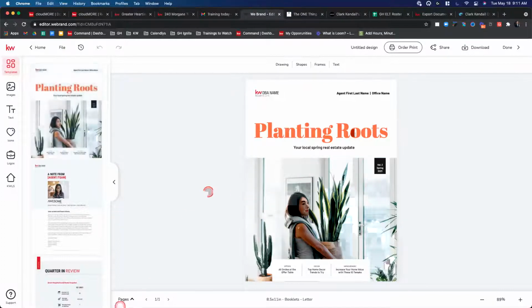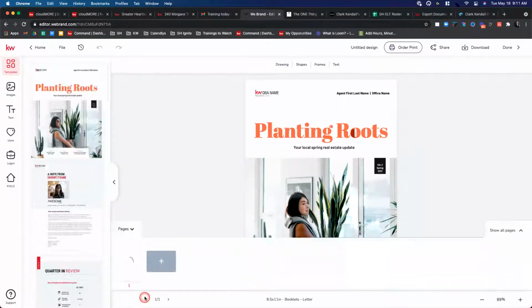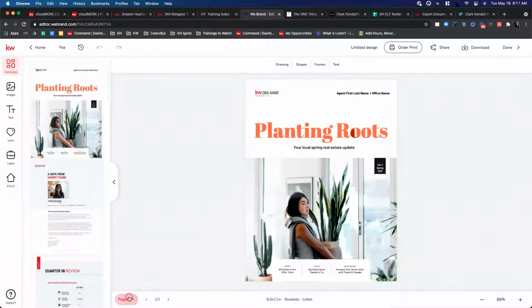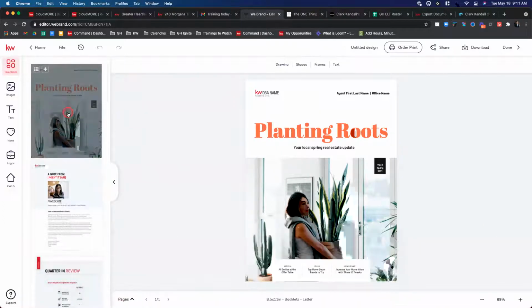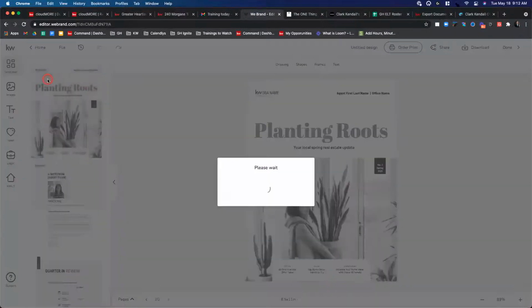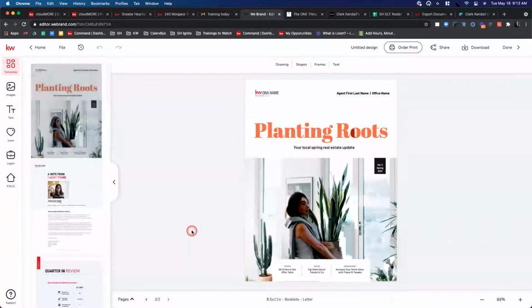So even though we see on the right-hand side, to get a gauge of what I've really built out on my magazine, there's this little pages drop down, and I should say drop up or scroll up, and it'll show you all the pages that you compiled. So you can always check here to see, okay, what pages have I created, and even reorder these, which is handy. Yet right now, this is not part of my magazine. I have to hit this plus button. The same for listing presentations or flyers that you create. You have to hit add page. It's important. All right, so now we've got our first true page here, and that's our cover.